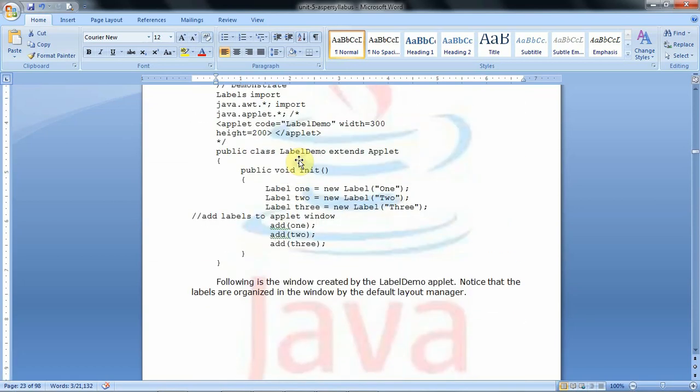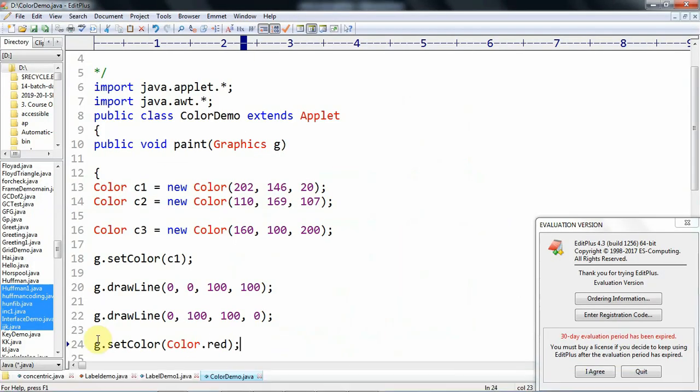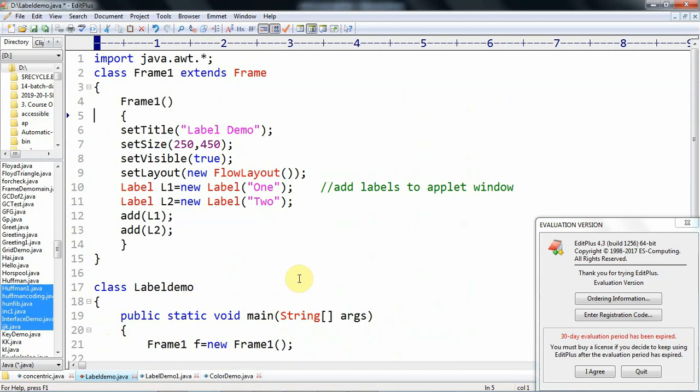Now we go to see the demonstration of this label. First we will see one frame window by adding some labels. In a previous video lecture we already saw how to create the frame window.